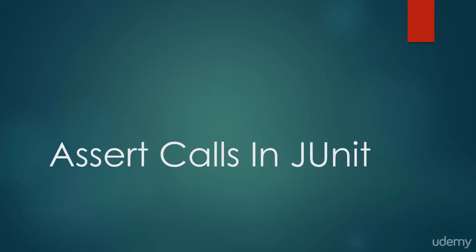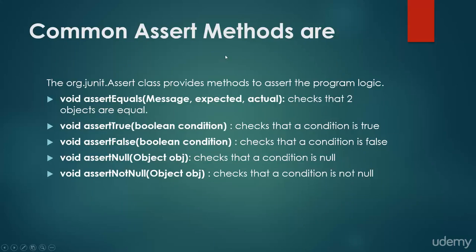Okay, now let's talk about assertions in JUnit, or assert calls in JUnit. Basically, an assertion is how you tell the test whether it passed or failed. It's the actual test to see if the data came out the way you expected it, right? These are the basic assertions that you use to find out if your tests are what you